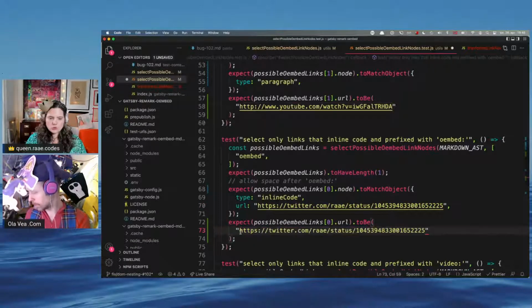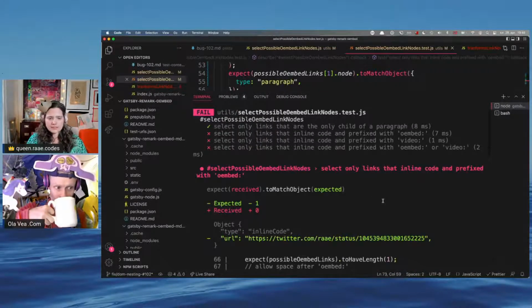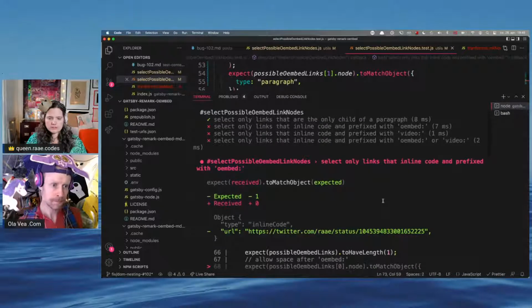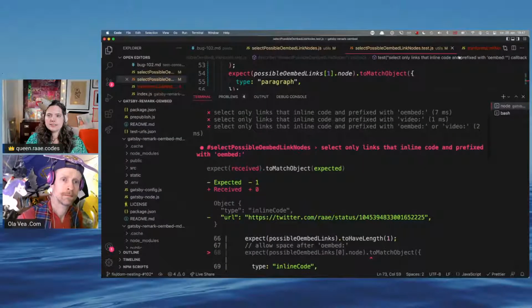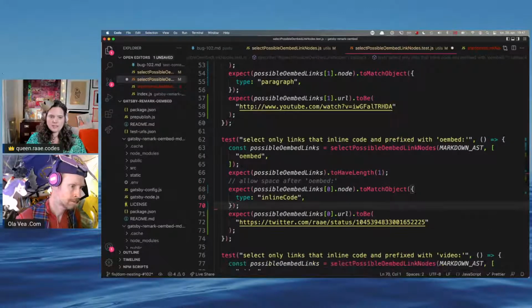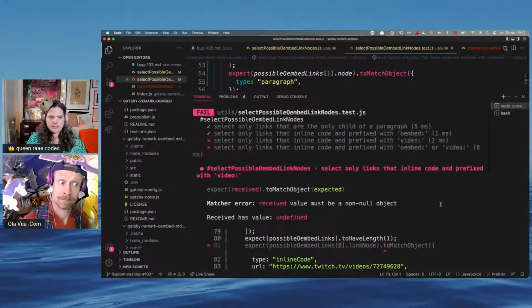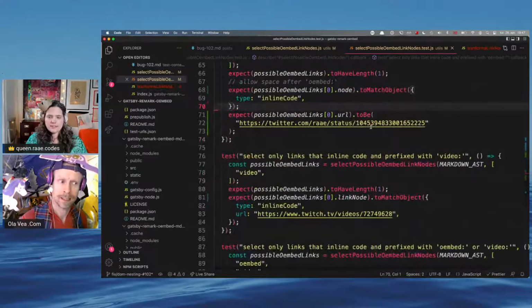Oh, it's not working. Oh, yeah, because it's not going to give me back the URL there. It's only going to give me back the URL in the next one. Yep, it is working. Yes.